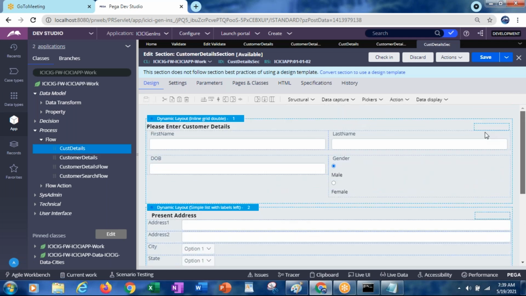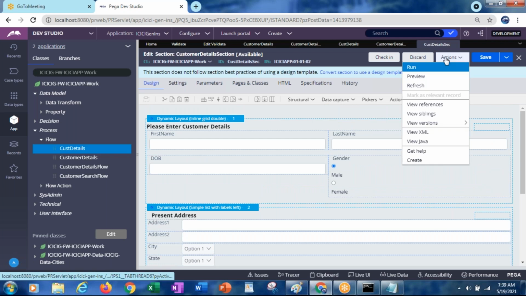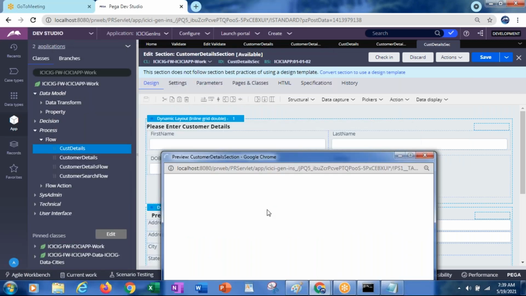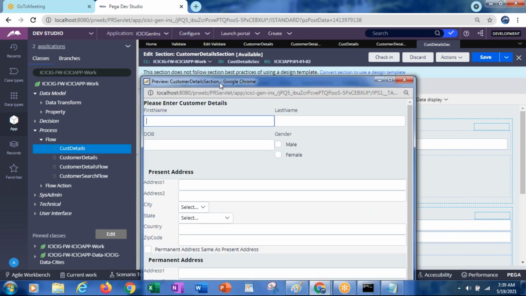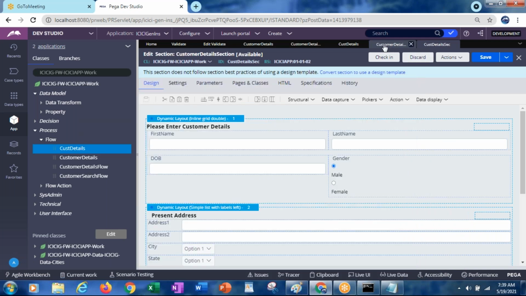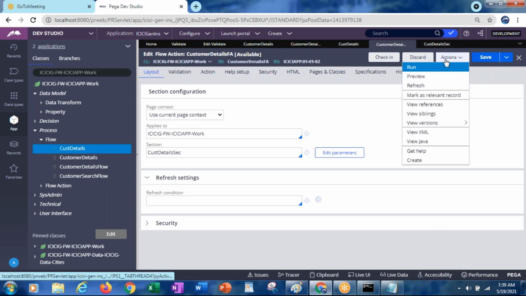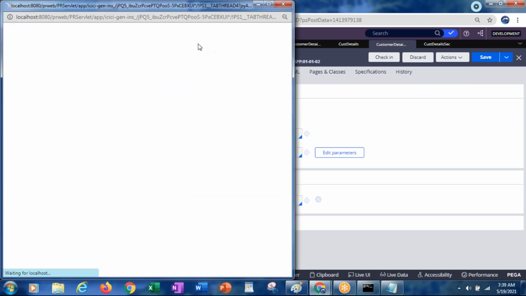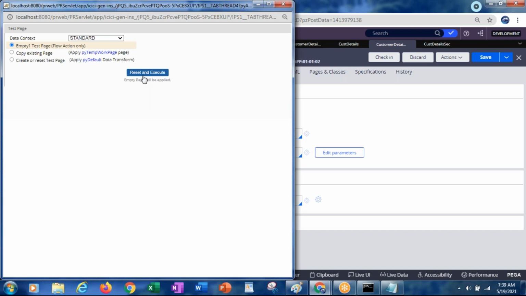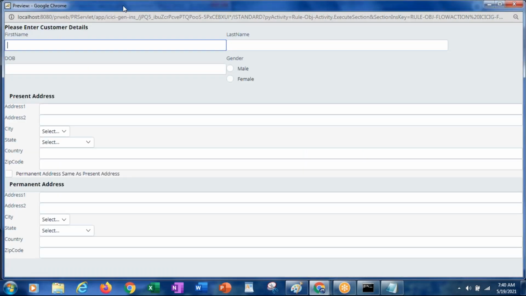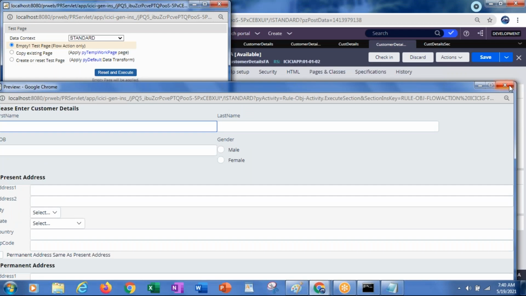Vendor address, this is normal only. We did not make any changes. This section is fine. The flow action is also fine.